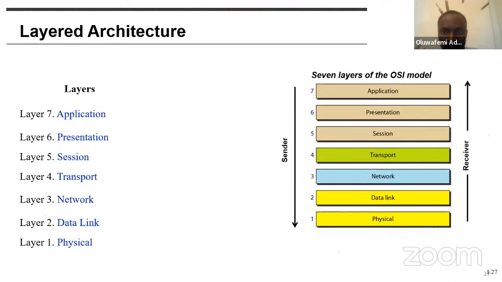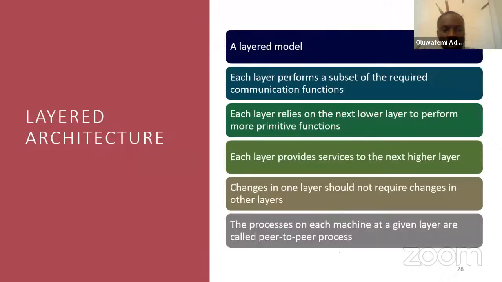We've said a lot about this already, the layered architecture. Now, in a layered model, each layer performs a subset of the required communication function. Each layer relies on the next lower layer to perform more primitive functions. Each layer provides service to the next higher level layer, right?